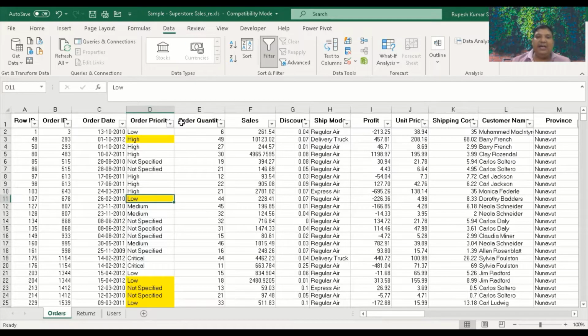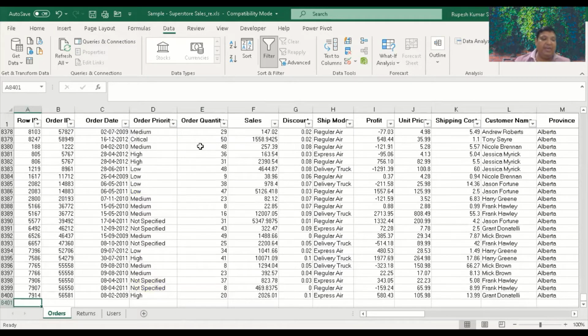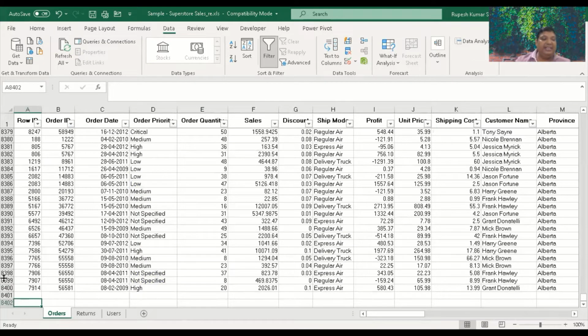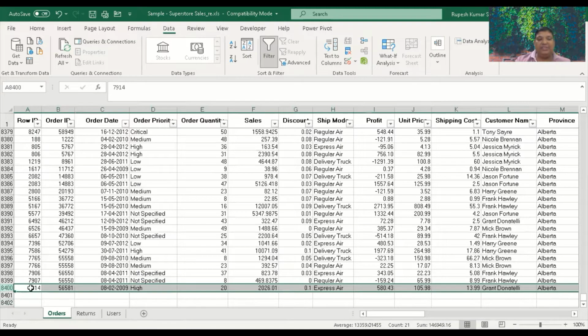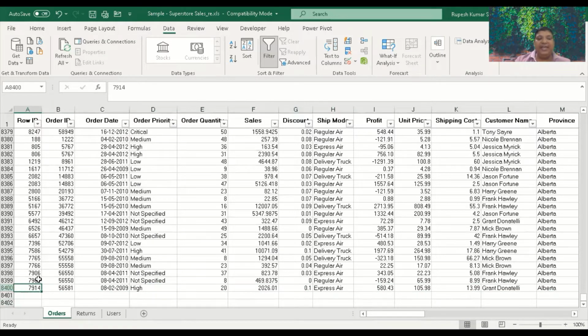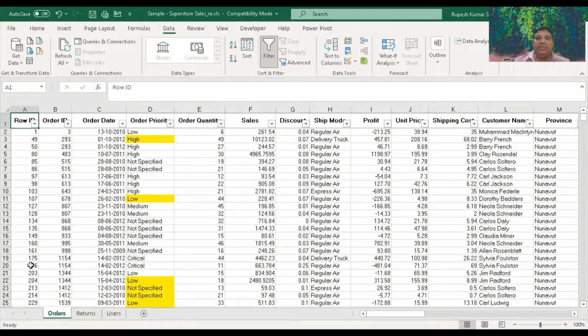Now let us take another example, that is the advanced filter. Lot of times what happens whenever we have got huge volume of data, like in this data set, if you see we have got 8,399 records. You can see here we have got 8,399, not 8,400, because the first row has got the headings. So we have got this many data and I would not like to disturb my original data, but I would like to pull some of the data from this based on any of the criteria.